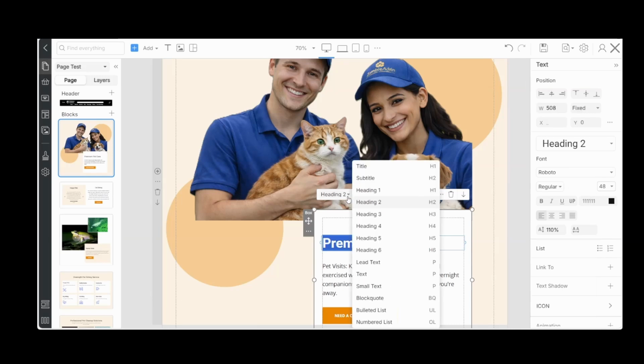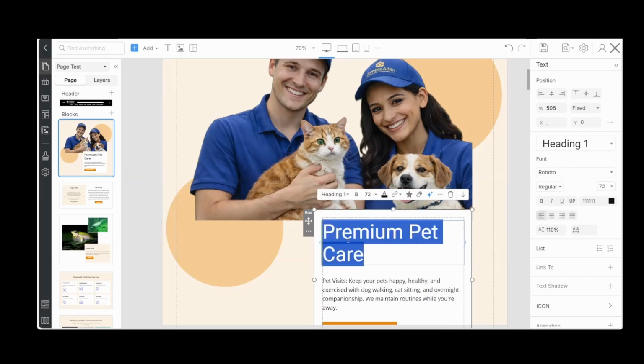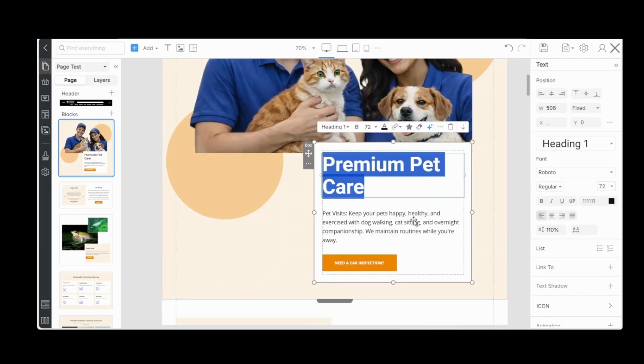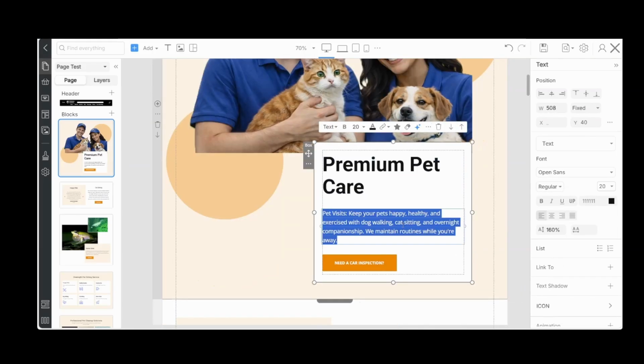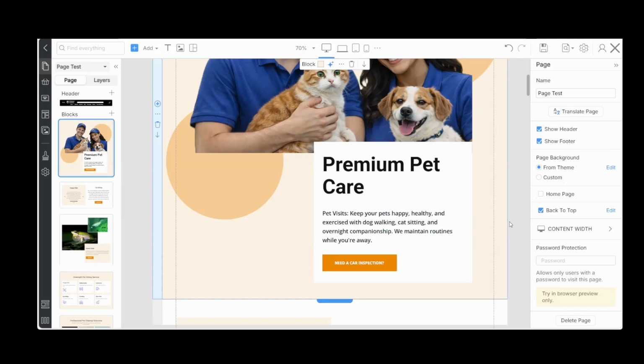Header 1, that's what's missing. And we'll do 700 bold. And we'll place this into a semi-bold. Let's see how that looks. Yeah, I like that.